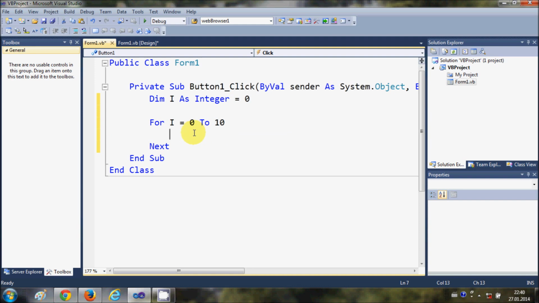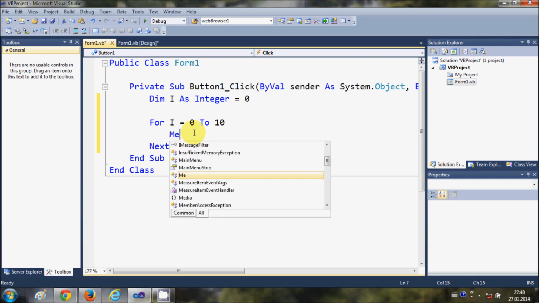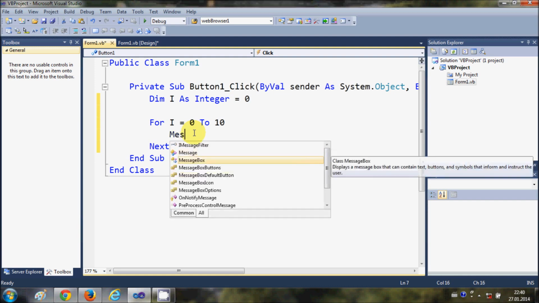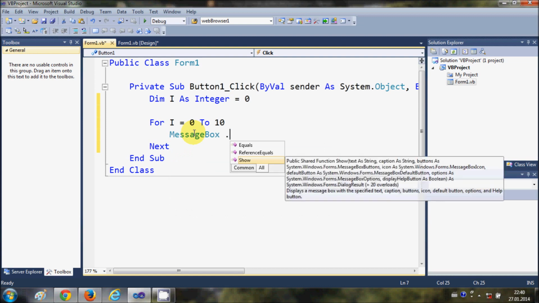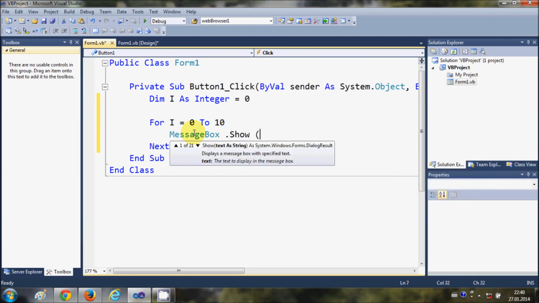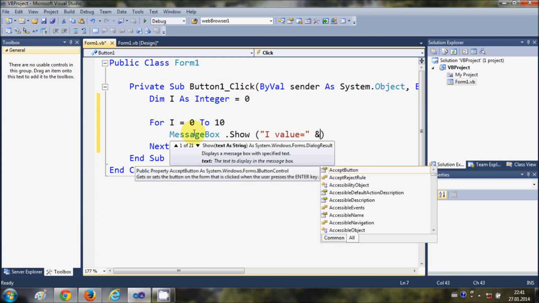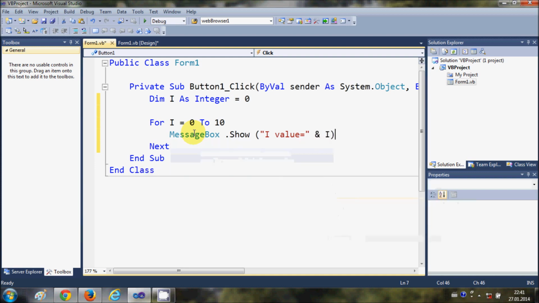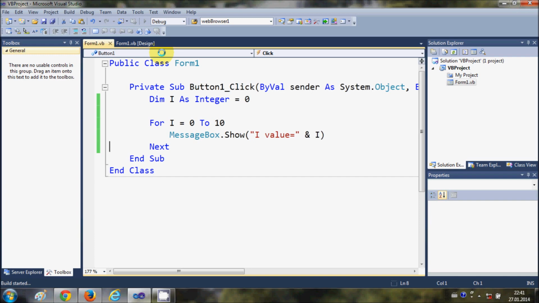So let's see. For example, I want to show a message, so I will write MessageBox.Show, and I will write a message. For example, I will write I value is equal to, and then I will write this ampersand sign, and I will write this I. Okay, and now I run my program